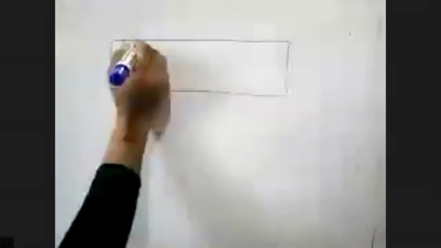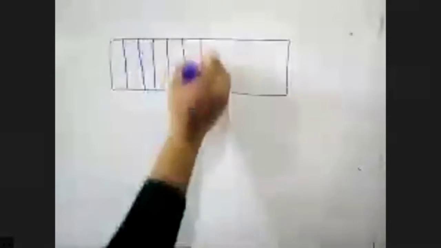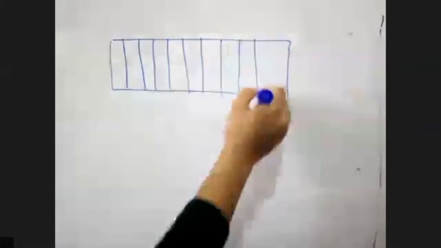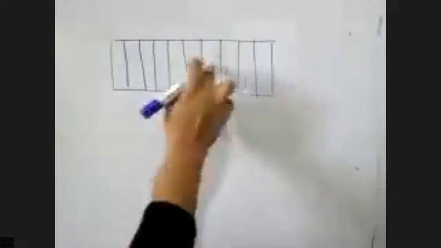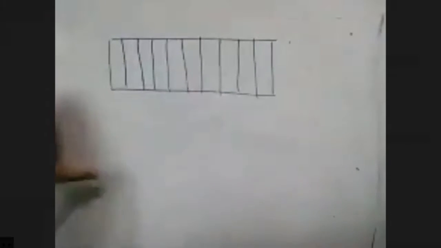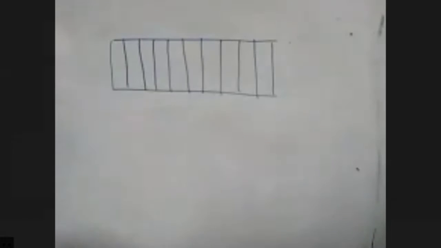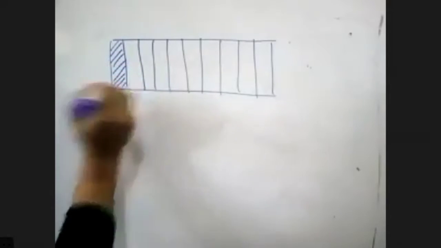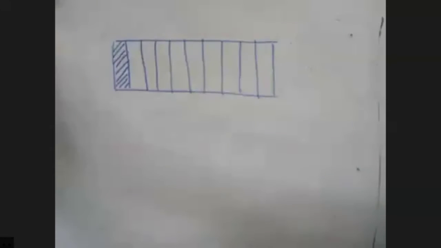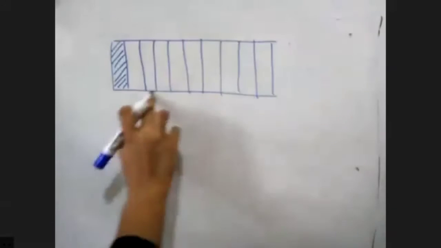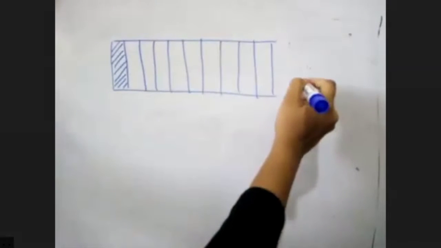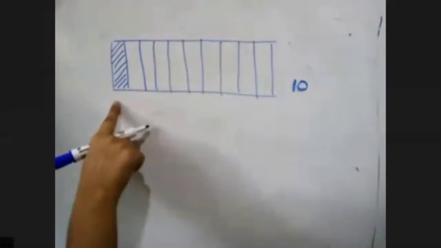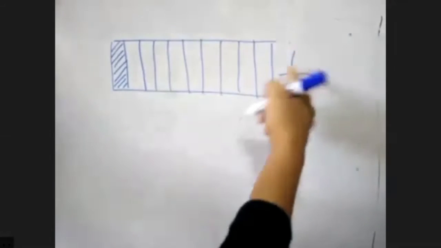If I take a figure and I cut this figure into 10 equal parts. Now, from these 10 equal parts, as we learned in the fractions lesson, I'm going to shade only one portion. You know how to represent this as a fraction, because in the fractions lesson we learned how to represent a shaded portion as a fraction. Since there are 10 parts, the denominator is 10, and only one part is shaded. So I can write 1 out of 10 is shaded.